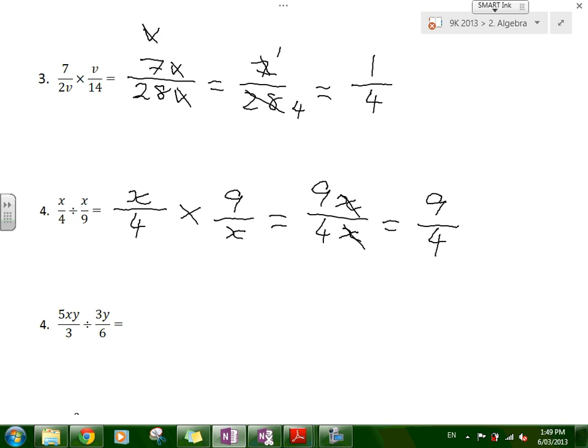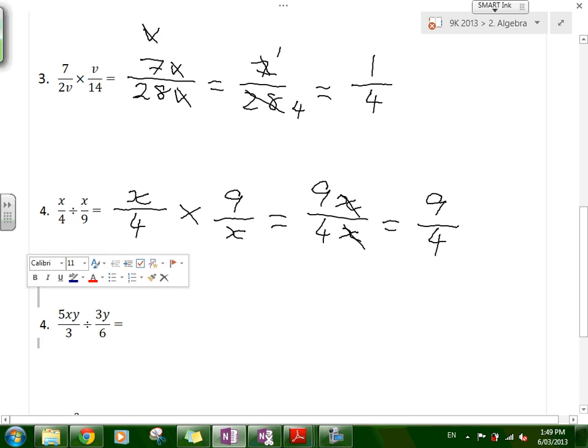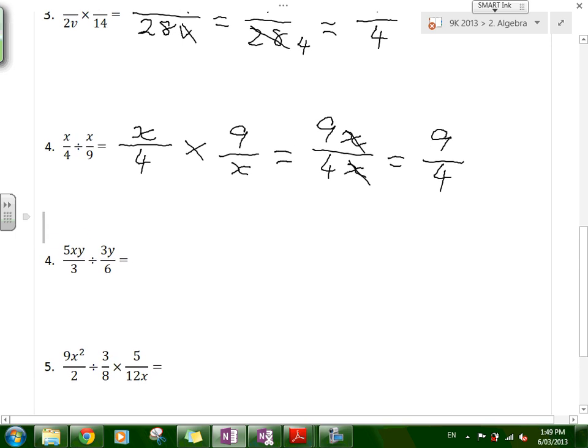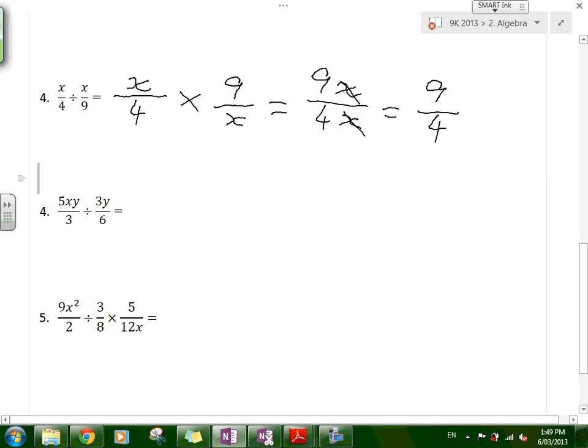Okay, now the last one, I've got 2 more I'm going to do. We're just sort of getting a view of, okay, so you flip it around, change it to multiplication. This next one, we've got 5xy over 3 divided by 3y over 6. What's the first step? We don't have to do that, we're not adding it. So that's just